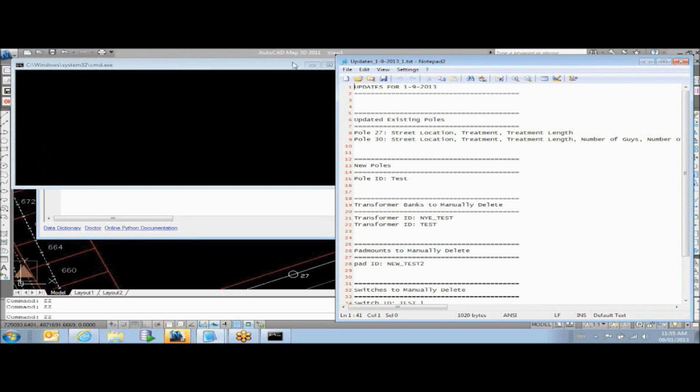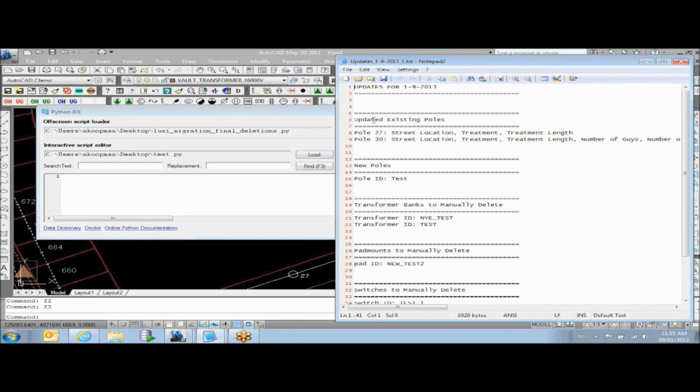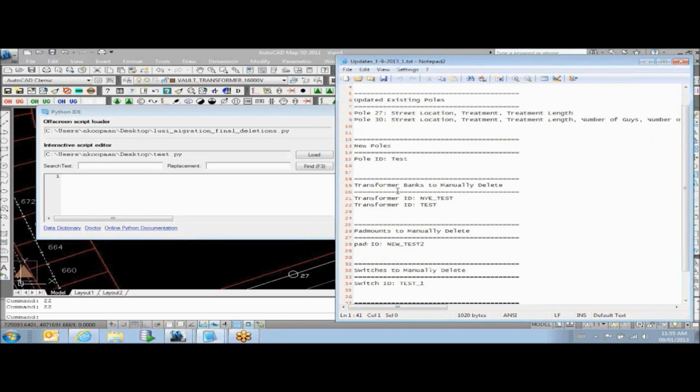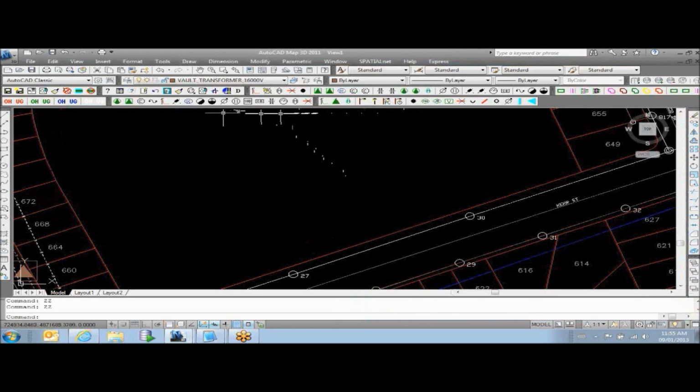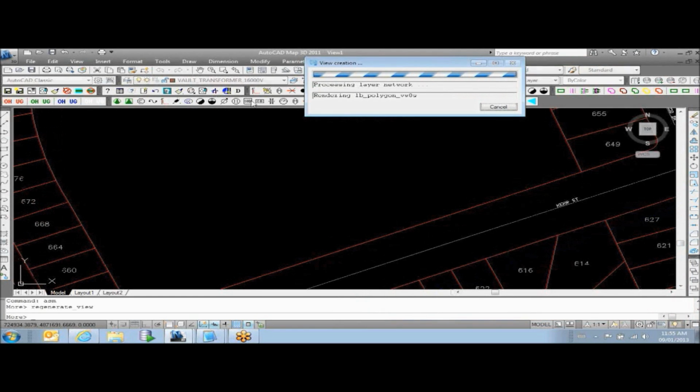And a list comes up on the side here of all the different poles and other features that have been edited. So Pole 30, that's the first pole we edited while connected. 27 is the one that we edited while disconnected, and it shows you which attributes have changed so that the person in the office knows what to look for. It also added the new pole and tells you where that is. So if we close that and we refresh the SpatialNet view,